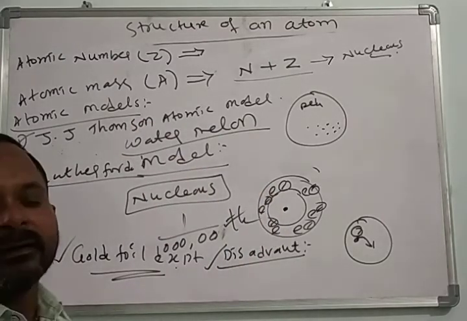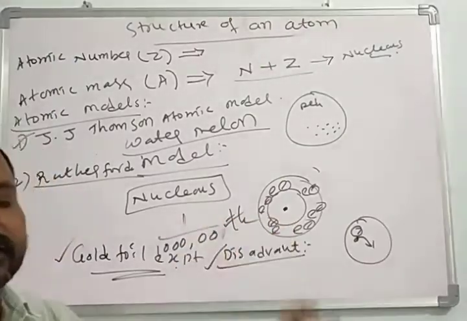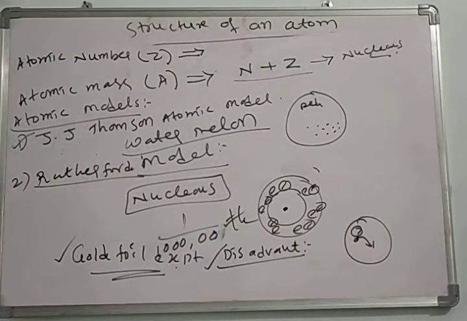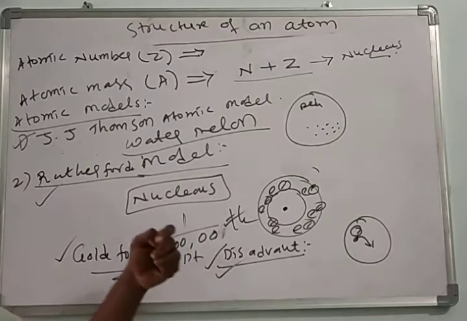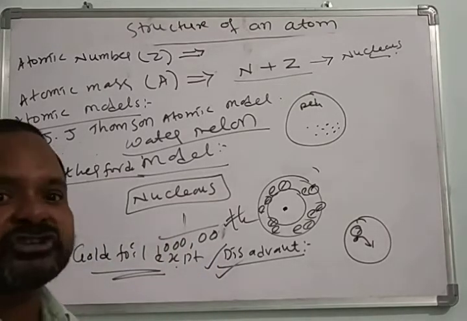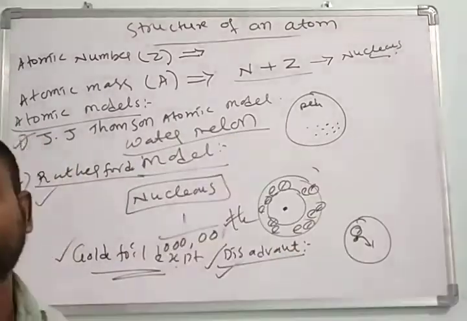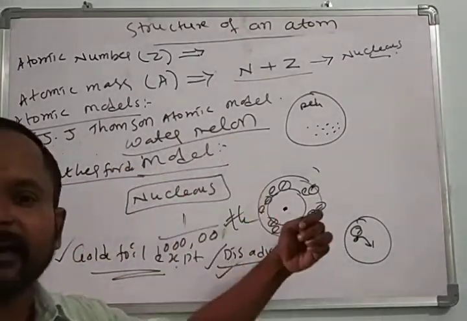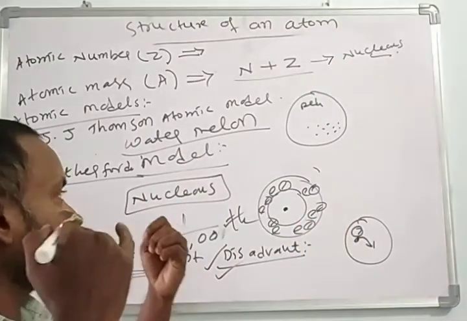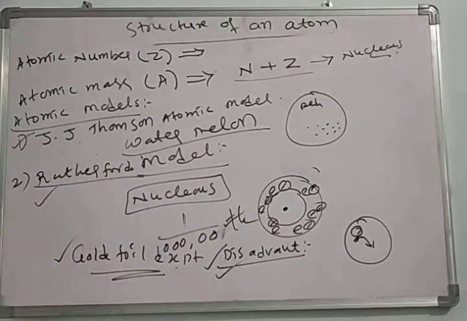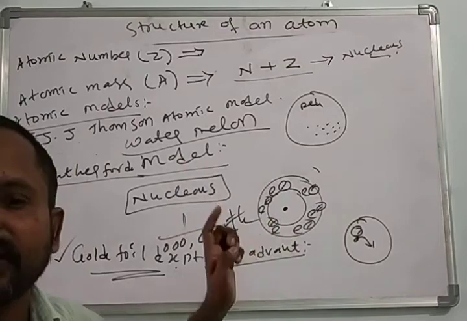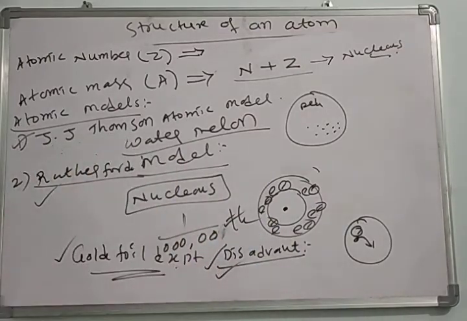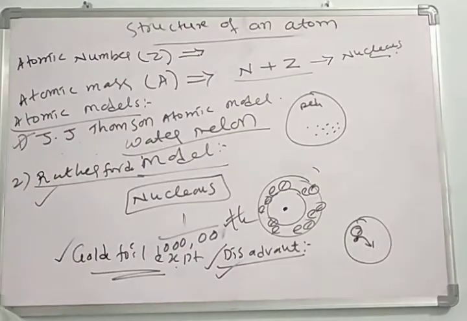And we would always get a continuous spectrum, but here we get a discontinuous spectrum. These two are the disadvantages of the Rutherford model. And one more thing: it doesn't explain the position of an electron. The electron revolves in empty space, and where the electron revolves, this theory failed to explain. Exclusively, it explains the nucleus. This is the simple discussion of the Rutherford model.